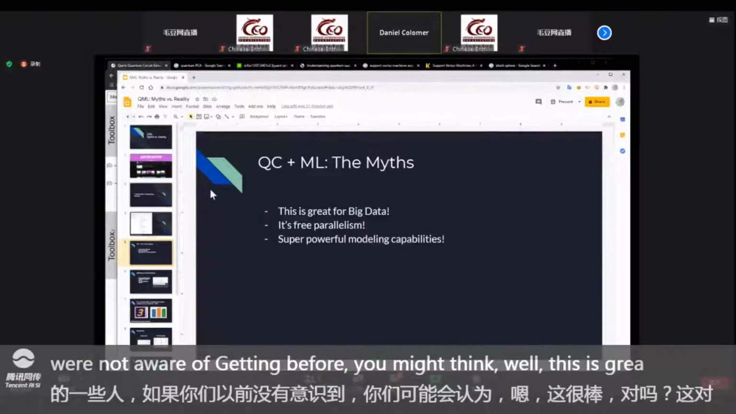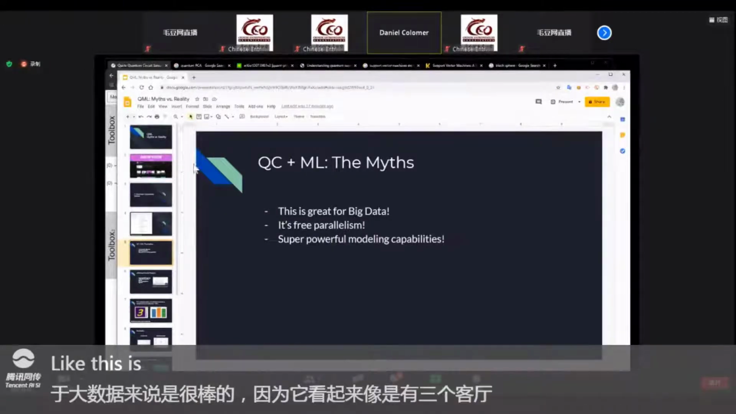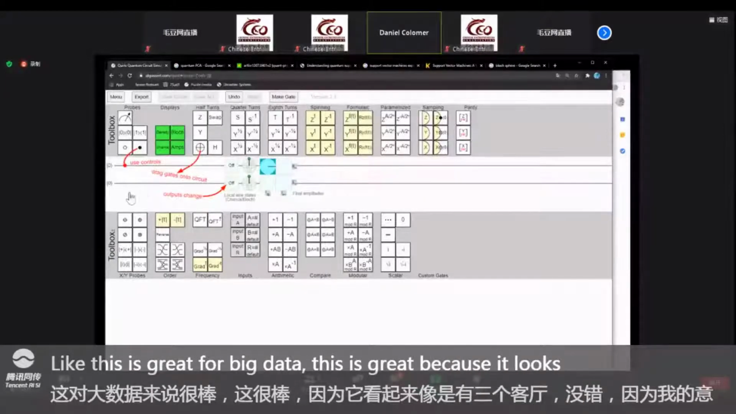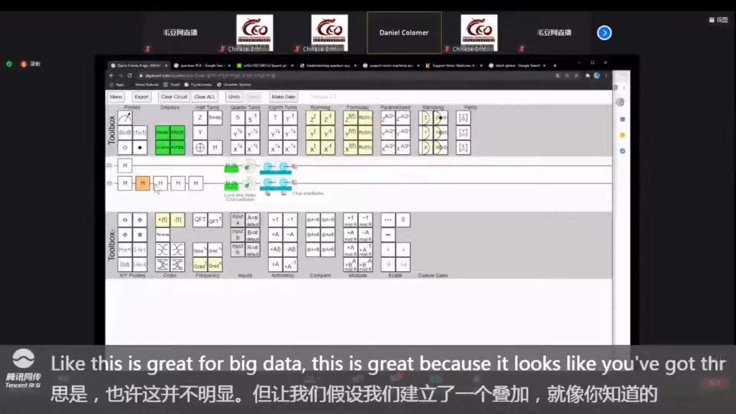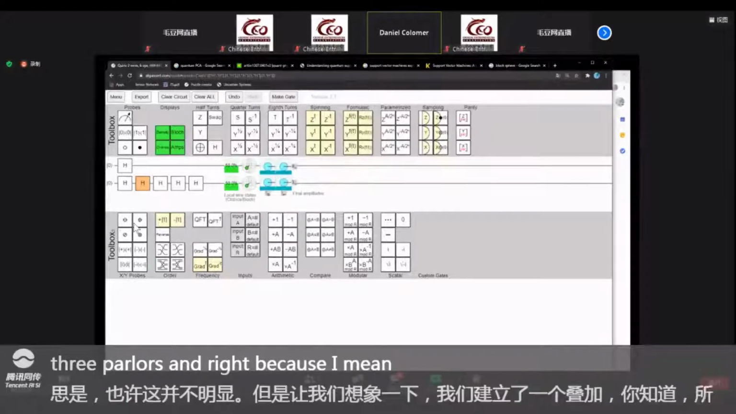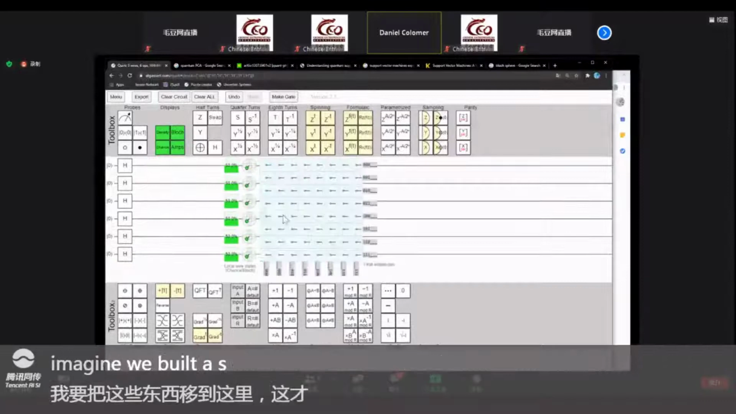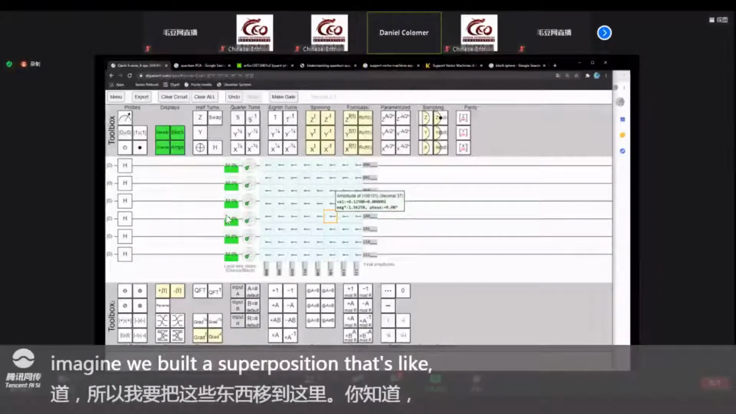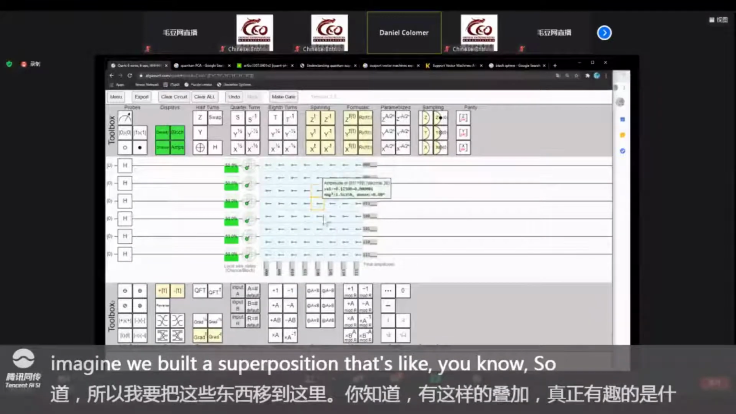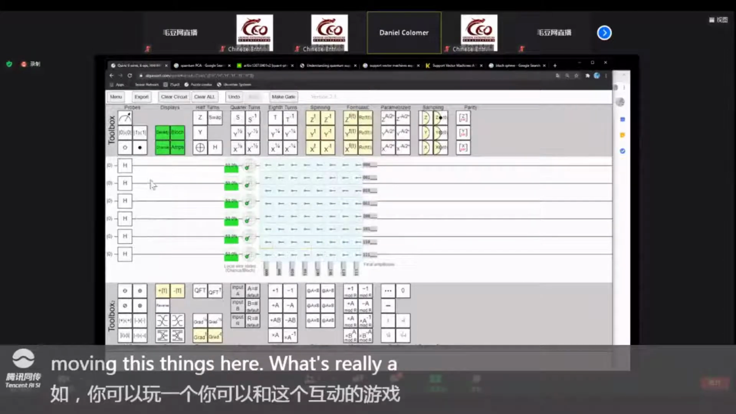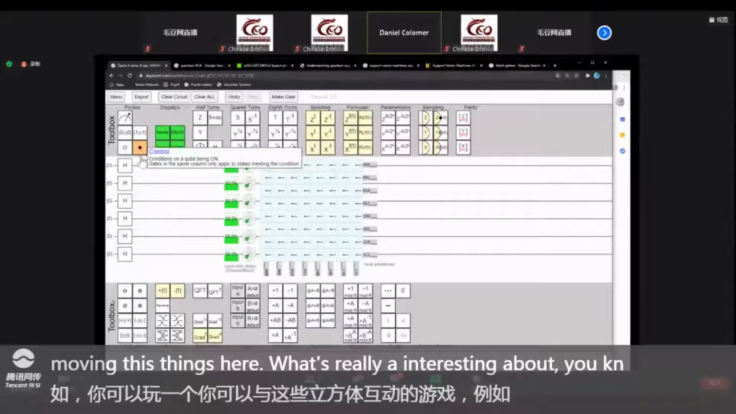Because, maybe it was not obvious, but let's imagine we built a superposition that's pretty big. So I'm going to be moving these things here. What's really interesting about having a superposition like this is that, for example, you can interact with these qubits, right? And for example, say, look, if I do,